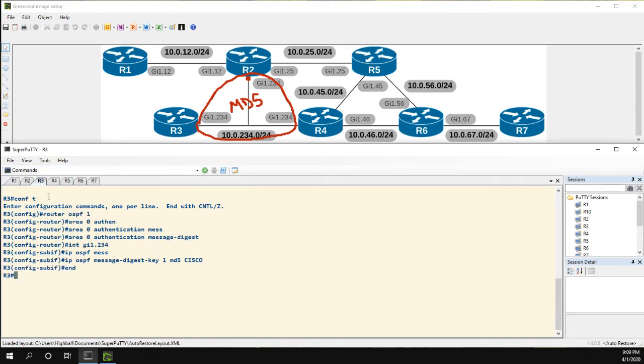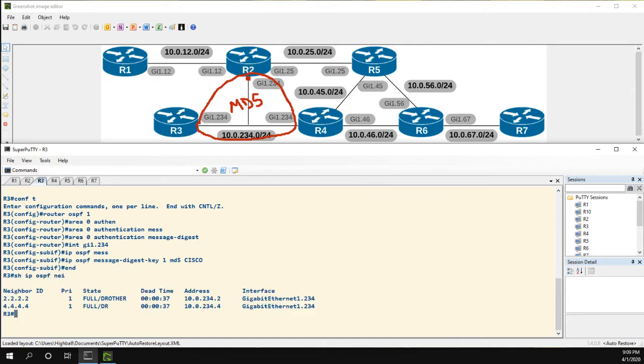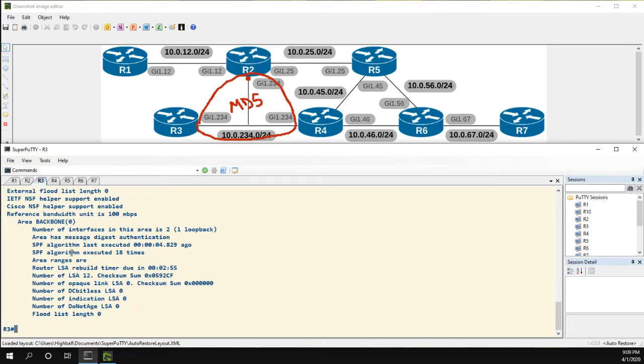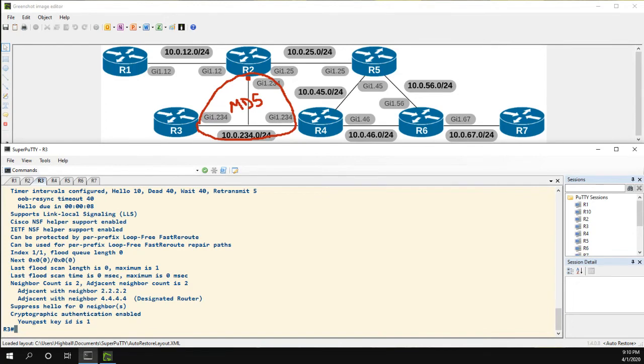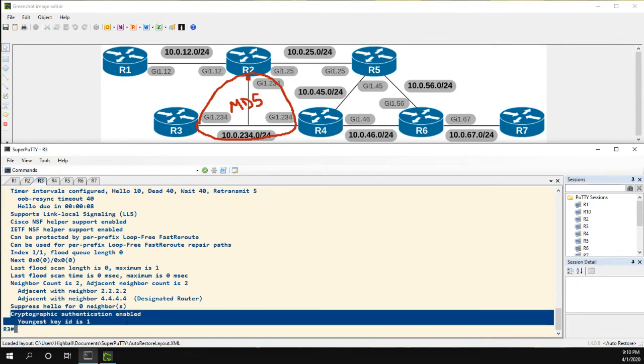So let's head over to R3 and show IP OSPF neighbor. So we can see 2 and 4 are up. And again, we can do show IP OSPF. And now here we can see the area has message digest authentication. And if we do the show IP OSPF interface gig 1, 2, 3, 4, cryptographic authentication enabled, youngest key ID is 1. So that's how we do MD5 authentication